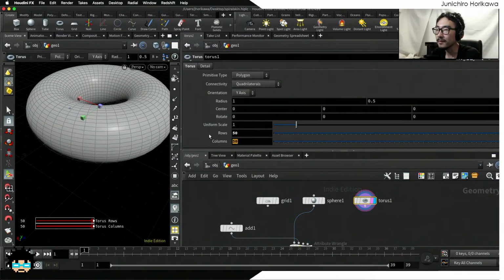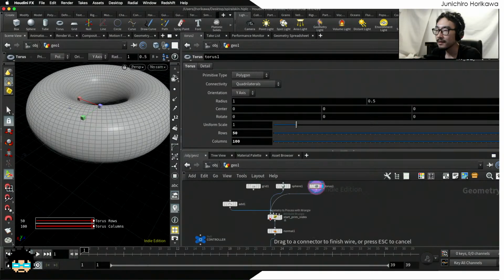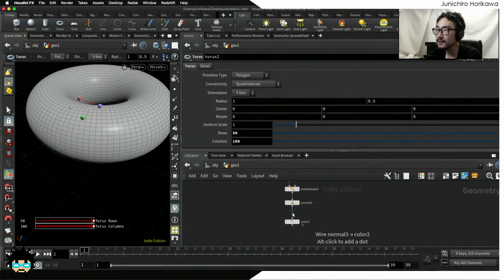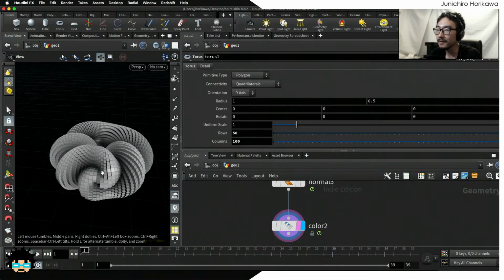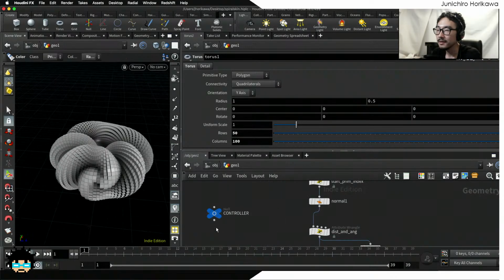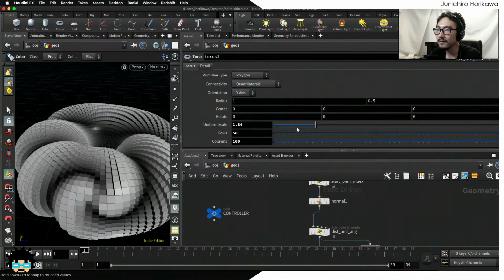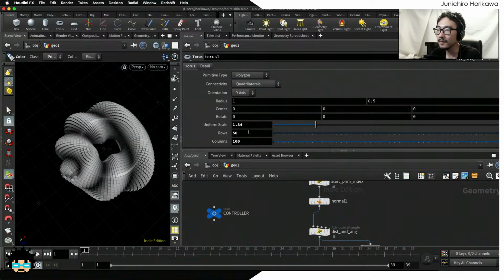Okay, maybe I could do 50 by 100 and see if this works. Okay, alright, maybe the wave height is too much, or maybe I can scale it better. Right, looks good. Make it 2,